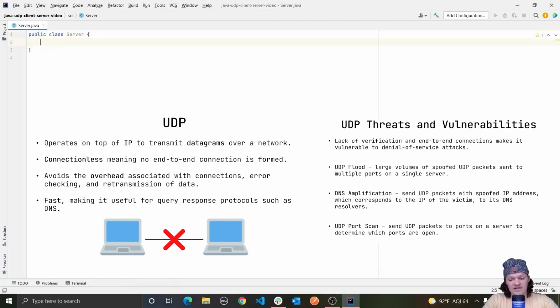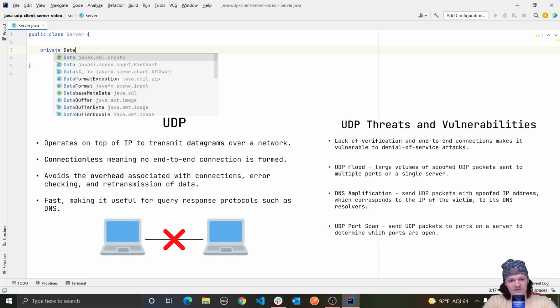But so this server class here, let's start coding now, and this server class here will be responsible for waiting for a datagram packet from the client and then sending back a datagram containing an echoed response, or sending back to the client what the client sent. To do this, we first need a datagram socket. In networking, a socket is essentially an endpoint between two programs running on a network used for communication. And a datagram socket is used for sending and receiving packets. So let's create this as part of the class